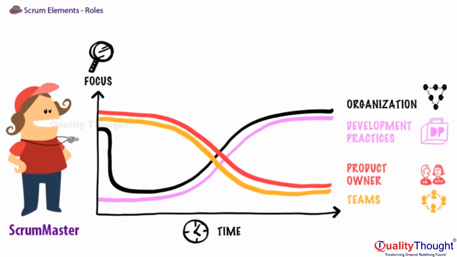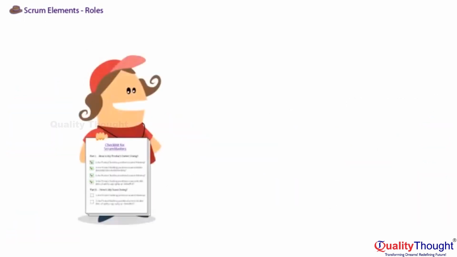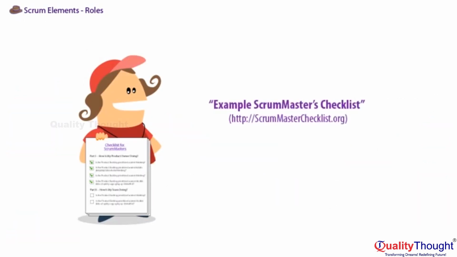Eventually, the team and the product owner don't need as much of the Scrum Master's focus. A good Scrum Master does not make the team do Scrum. Good developers already want to learn and collaborate instead of being directly managed. A good Scrum Master makes it possible for teams to do Scrum by influencing the organization's policies and structure. For further information on the elusive Scrum Master role, see the example Scrum Master's checklist, an example list of things the Scrum Master would be concerned with fixing.